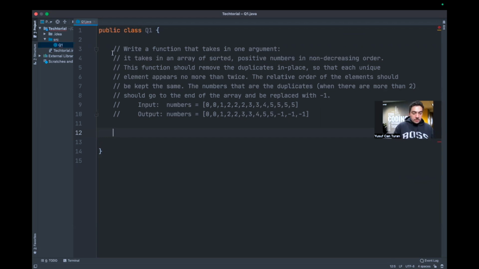This week's question, we got asked to write a function that takes one argument, which is a sorted array of positive numbers in non-decreasing order. This function should remove the duplicates in place so that each unique element appears no more than twice. The relative order of the elements should be kept the same. The numbers that are duplicates, where there are more than two, should go to the end of the array and be